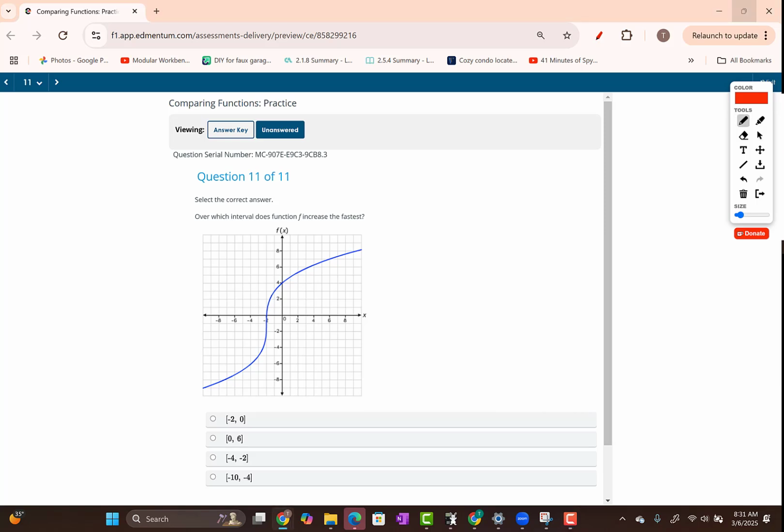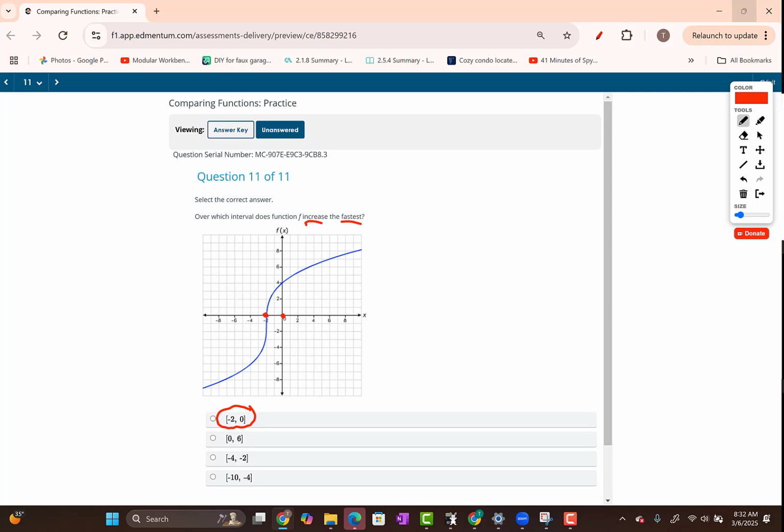Question 11, over which interval does function f increase the fastest? So let's look at each answer choice. This first one, remember these intervals represent x values. So that first choice, I'm not saying it's right because I circled it, is saying from x equals -2 to